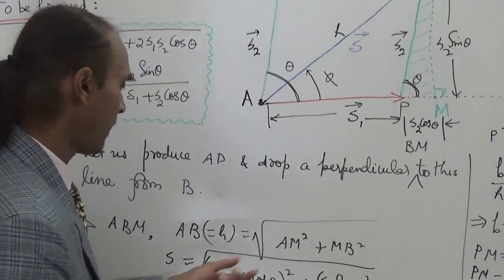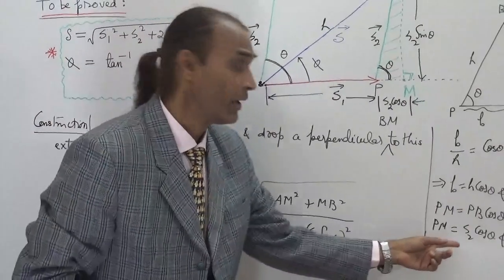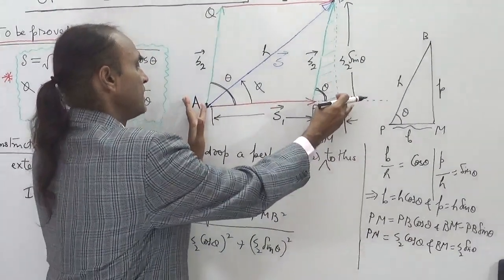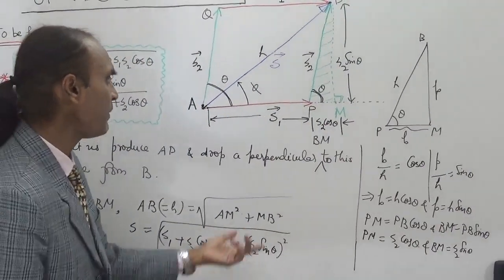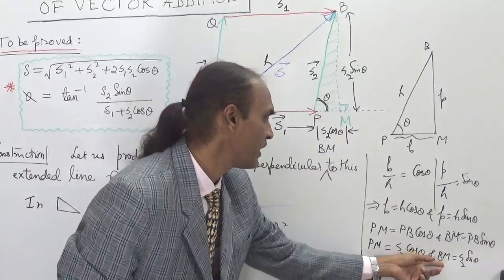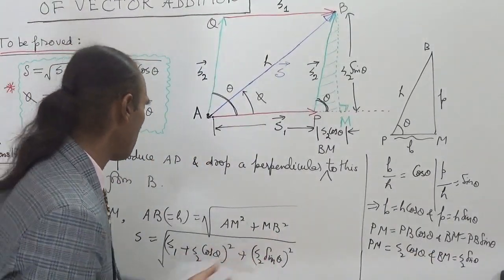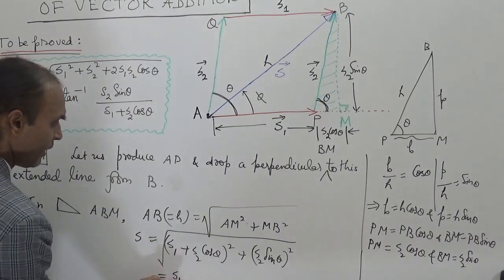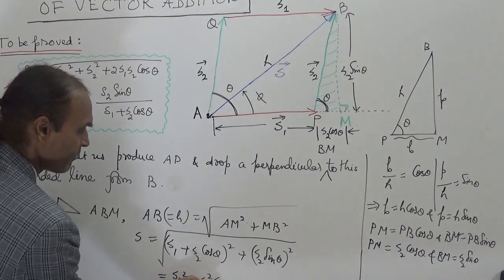I repeat, AM is equal to AP plus PM. But what is PM? S2 cos theta. This is S2 cos theta, this is S1. So this length is S1 plus S2 cos theta. AM is equal to S1 plus S2 cos theta, and MB is equal to S2 sin theta. So put MB equal to S2 sin theta and square this. It is very simple to write: S1 square, A plus B whole square equal to A square plus B square plus